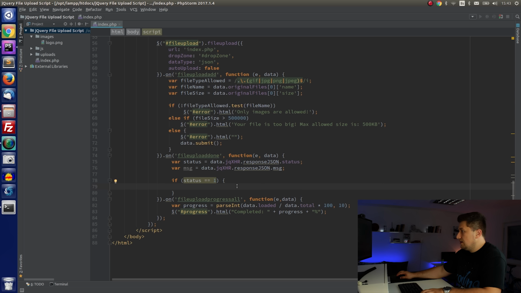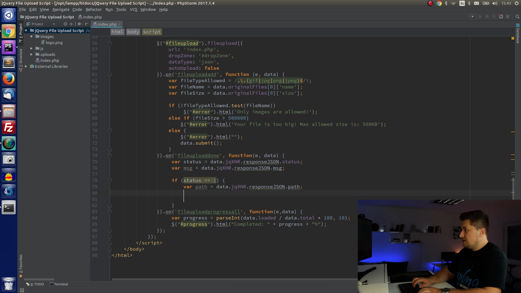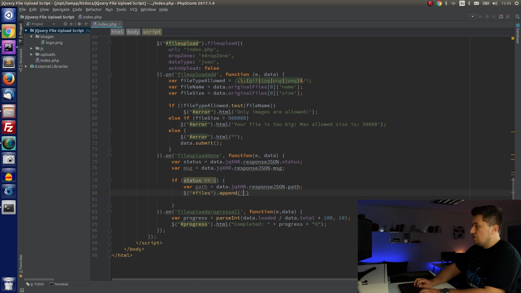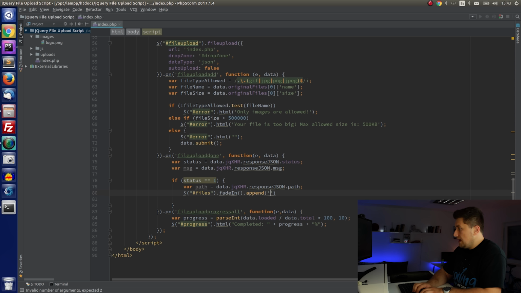We will get a path of the file, so I will just say path, and here I will display this file inside our files. So I will say files dot append, or first let's say files dot fade in, because files are hidden right now, and I will just say append one new